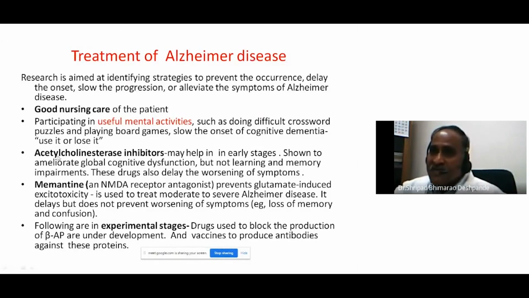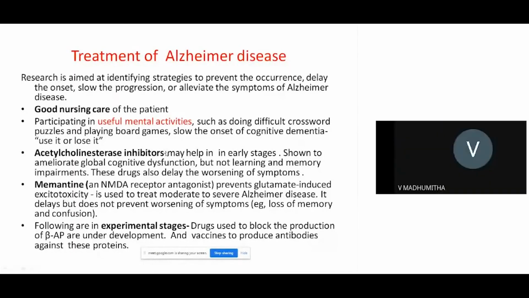Now the drugs. Because cholinergic neurons are lost, you can use anticholinesterase inhibitors, which may help to relieve symptoms, but that may happen only in the beginning. When all the neurons are lost, anticholinesterase may not help, because there is no acetylcholine coming